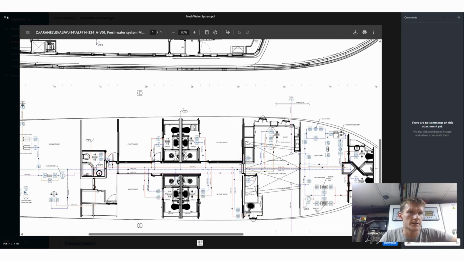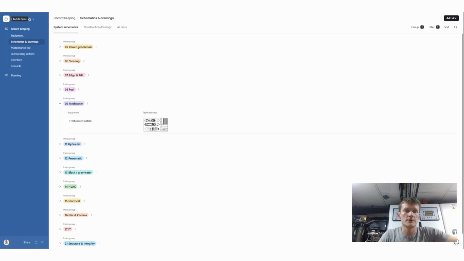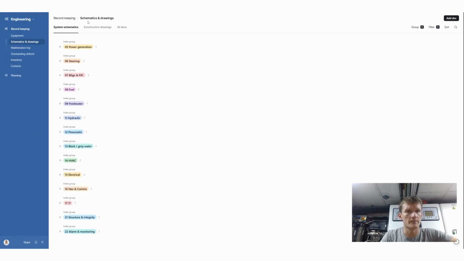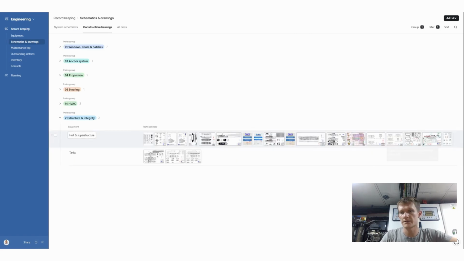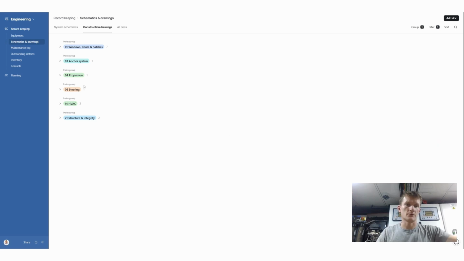Yeah, and that's the freshwater system. There's a mobile app as well, so you can do this on the fly or on your tablet. Also got construction drawings, so there's tons in here. It's just a nice way of keeping everything all together. Yeah, it's all nicely color coded. This is probably the main one for